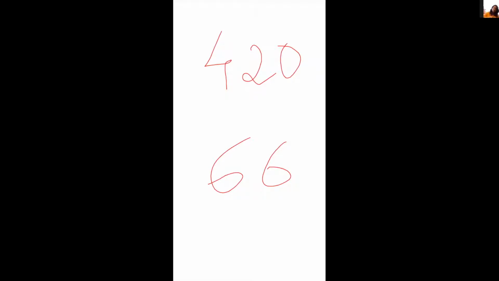So these are the two numbers. I can see some of you have just joined in. Find the HCF, I'll give you a minute. Find the HCF of 420 and 66 using Euclid's division algorithm. Now, the hint is, to be able to put it in the form of A is equal to BQ plus R, you should first write it in the long division method that we discussed last class.